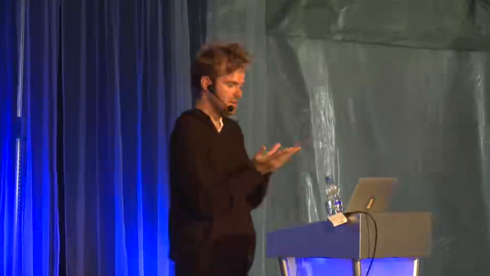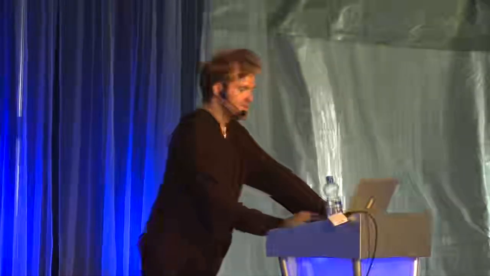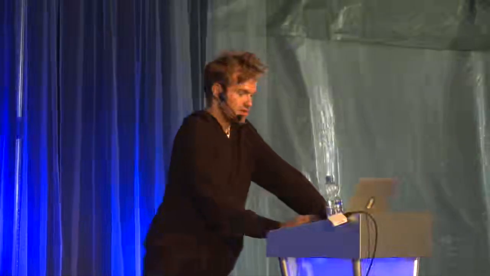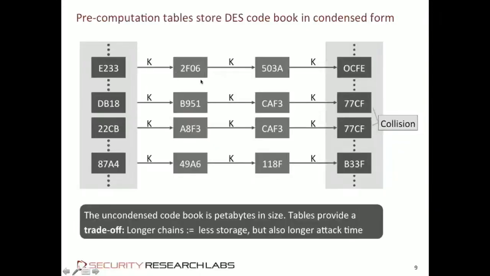It's not a simple look into the phone book. Instead, you have to do some more computation. So let's say you observed this value as a signature, 2F06. You try to find it in your data set, and it's not there. You didn't store this value. So what you do is you compute the DES function on it, right? Kind of working your way backwards into the set. You again look into it, still not there. You compute the DES function on it again. Now you find it, right? In this case, because it's 2 links from the end.